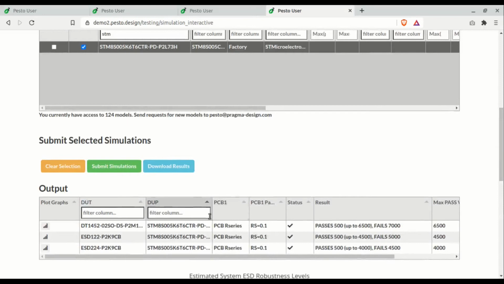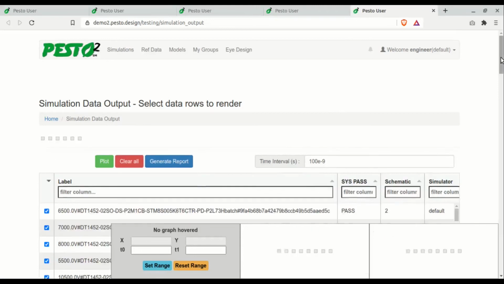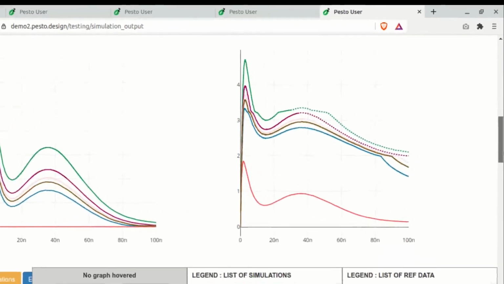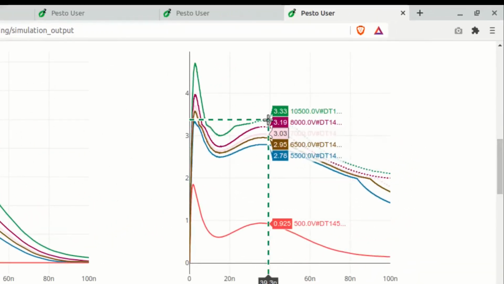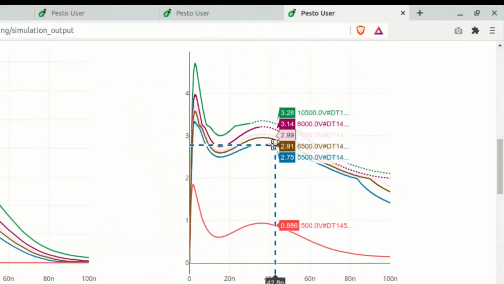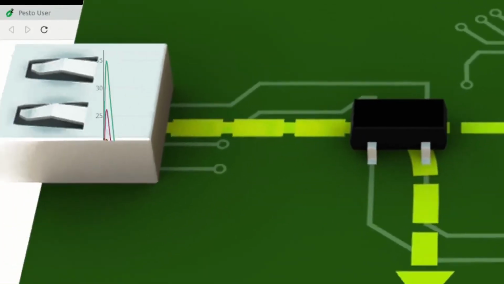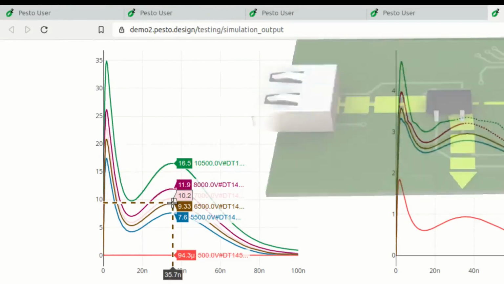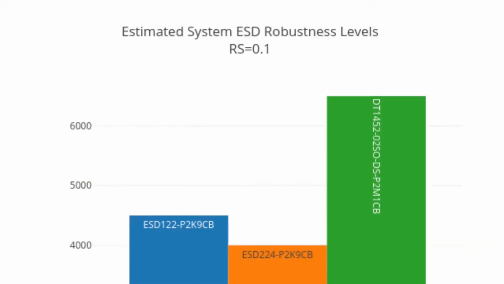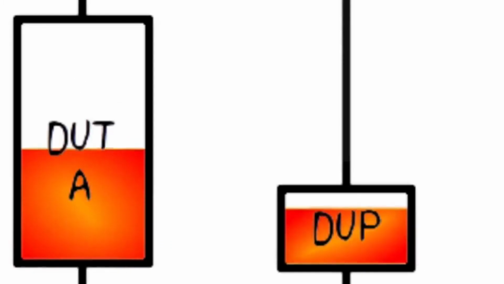In this edition we can look at the actual current and voltage transient plots for this device on the left versus the ASIC on the right. Here we see a residual pulse of 2.7 to 3 amps at 5.5 to 6 kV, and beyond that, the ASIC device will fail. Meanwhile the TVS device is shunting about 9 or 10 amps at 6 kV. So although this TVS device may survive up to 16 kV by itself according to the TVS manufacturer, the resulting residual pulse will cause the device under protection to fail.